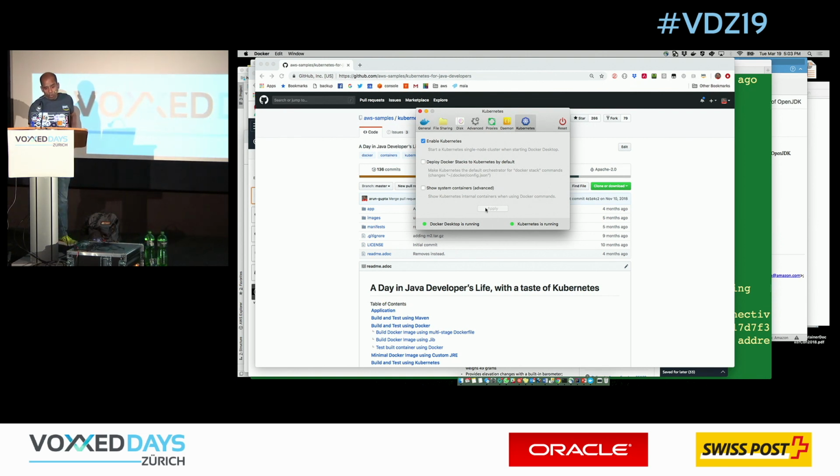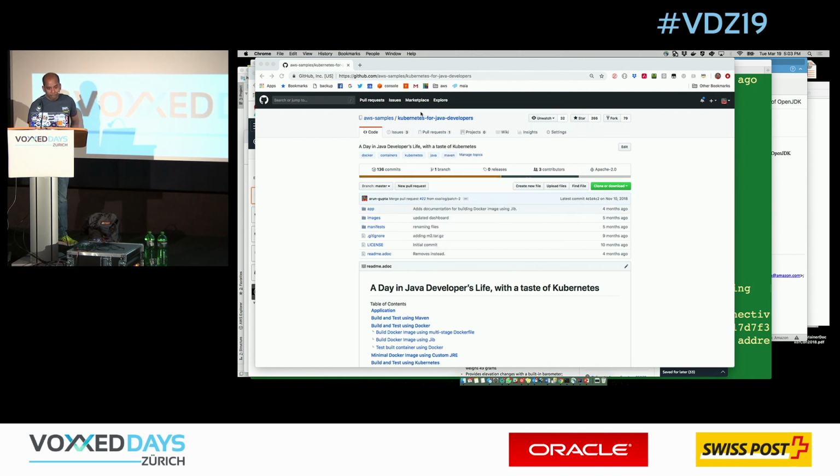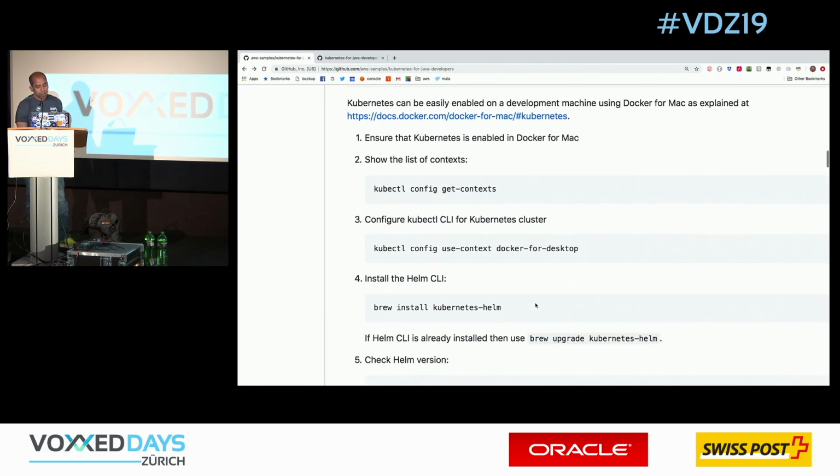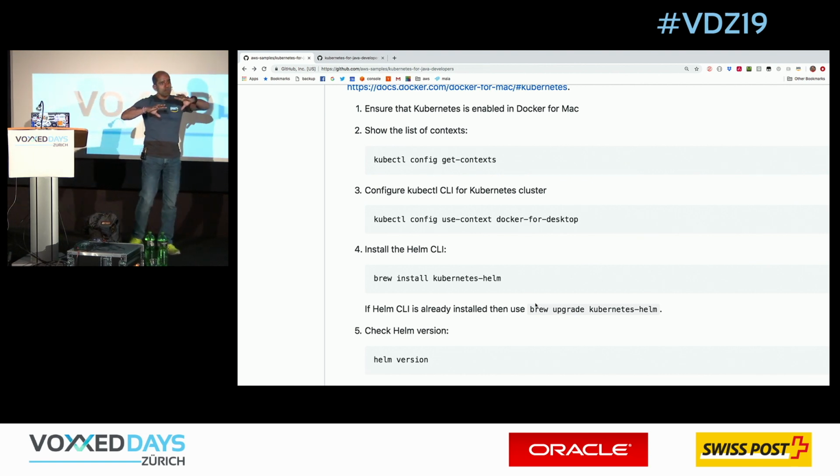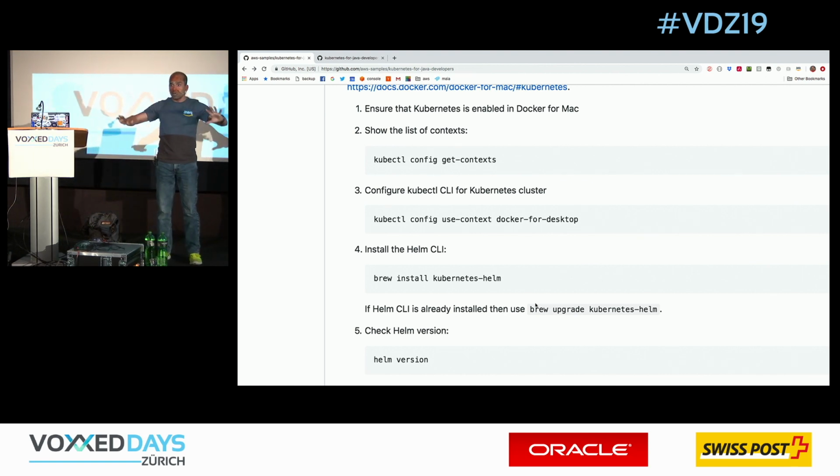And once you click on this, you apply it, and it downloads the Docker images that are needed to get your Kubernetes cluster up and running. And once the Kubernetes cluster is up and running, now you can say, kubectl, show me the different contexts that are available. So what is kubectl? Now, imagine you have Kubernetes clusters created, one on the local desktop, one in the cloud, one somewhere else. So kubectl is the CLI on how you interact with those clusters.